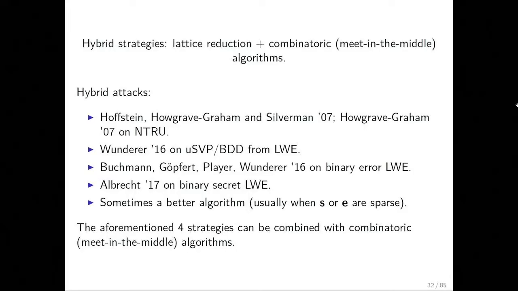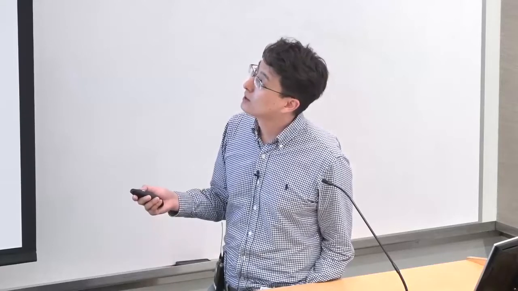Okay, so the previous four strategies only consider the lattice reduction. In practice, if the secret or error comes from a sparse distribution, it's usually good to combine the lattice reduction with a combinatoric attack. This line of research, I think, originated from the original attack on NTRU, where they used a meet-in-the-middle attack and then a hybrid lattice reduction and combinatoric attack on